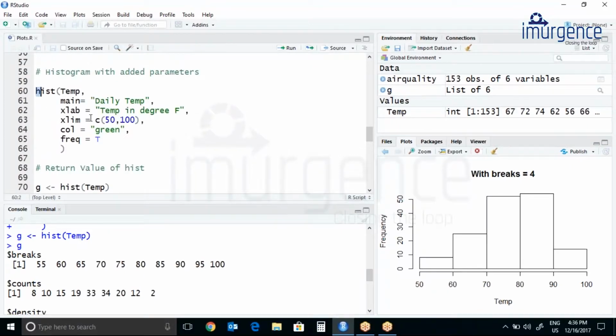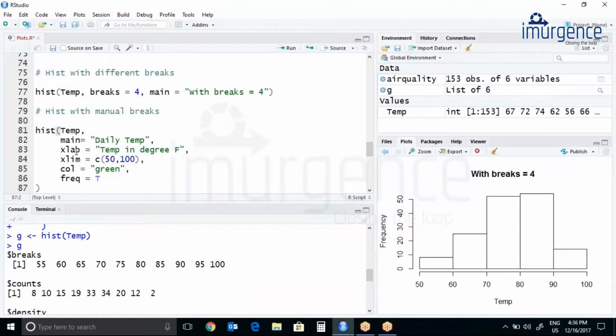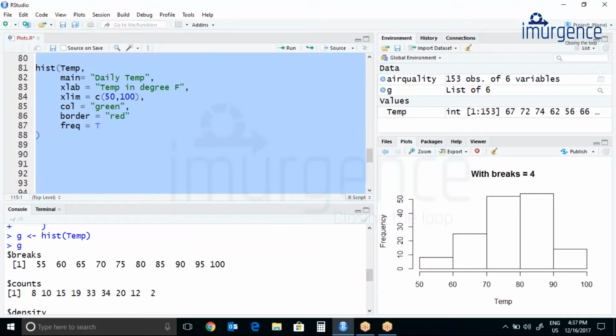Let's copy this entire code, Control C. Hist, okay, let's keep the color as green, comma. If you want to add borders, you can add a border also. Border equals to, let me just add a red border. Then freq equals to TRUE. Even if you don't put it, it's okay.